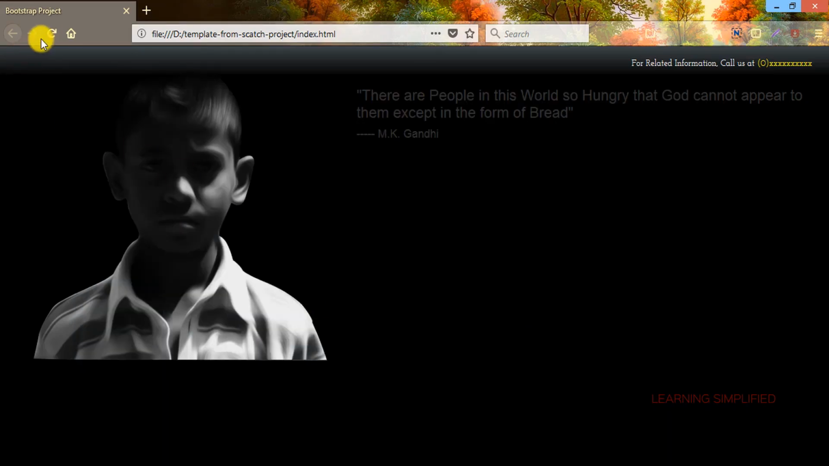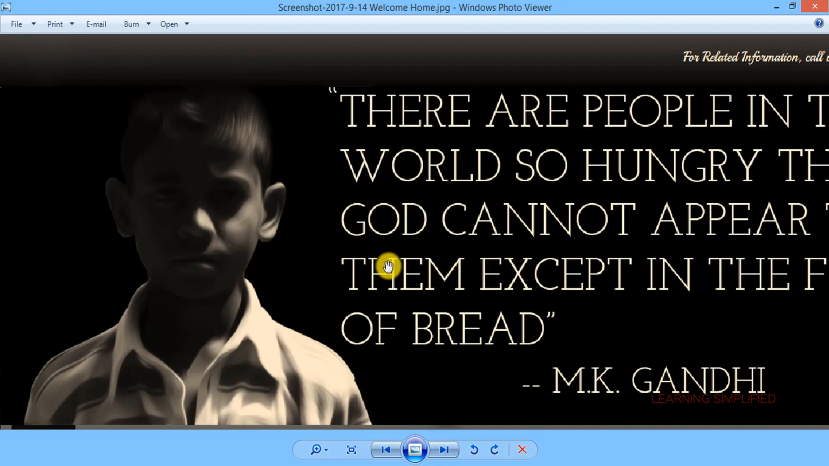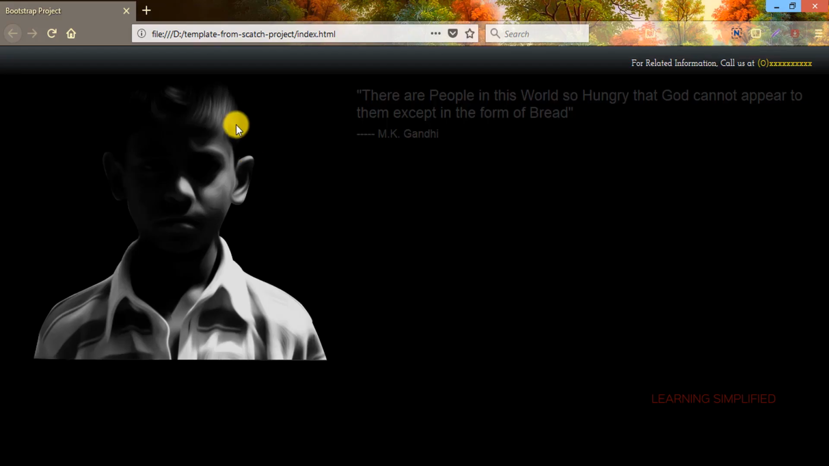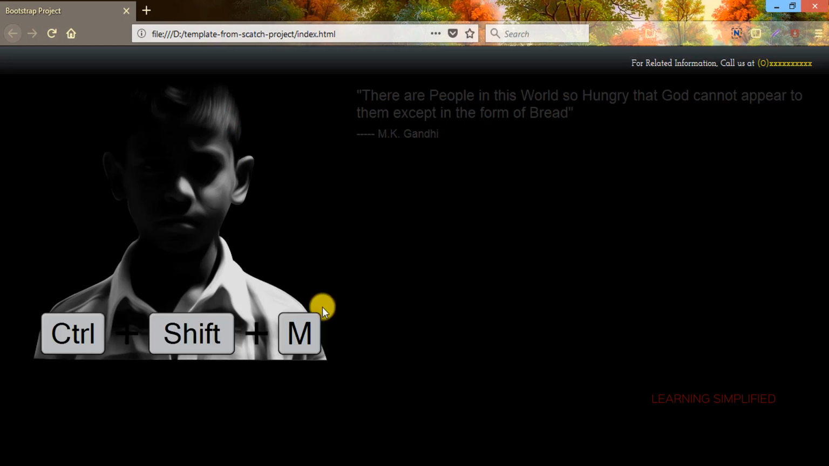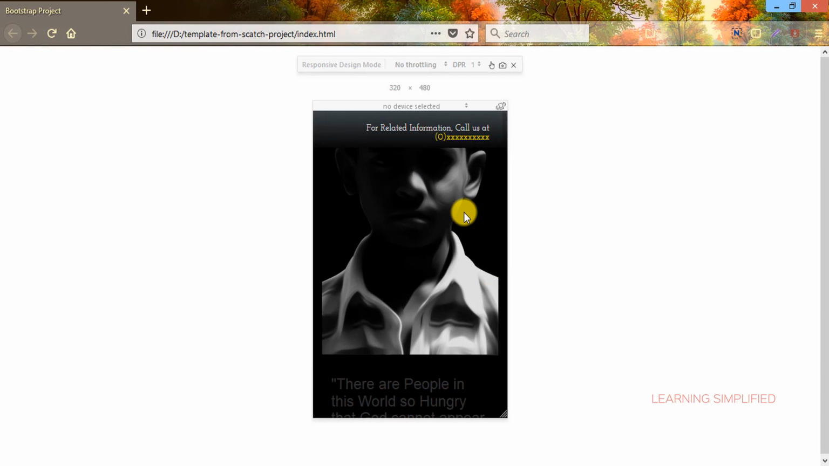If we now get back to our project and reload, we can see that the filter effect has been imposed on our image, which exactly resembles the template that we have created over here. So the image is now ready to go for the time being. If we now press Ctrl Shift M, we can see that the image is still on, but in this lower